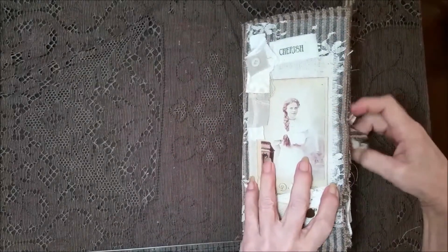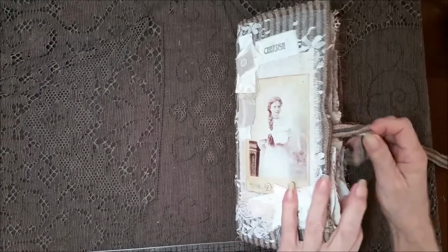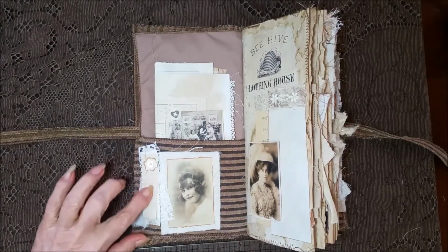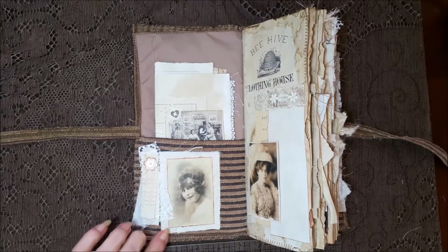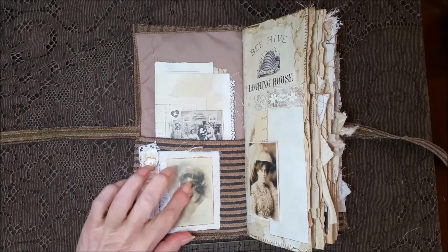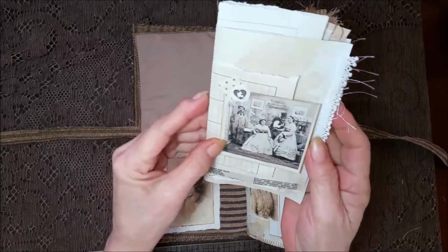So let's go inside. I told you I'd be putting some of the new things I've been working on to fill up my stash, and it's got something right here. First, the pocket with the different fabrics, and I used a thick textured background for the photograph. And then on the inside, one of these new little booklets I'm making,